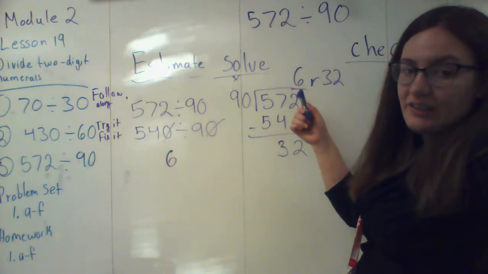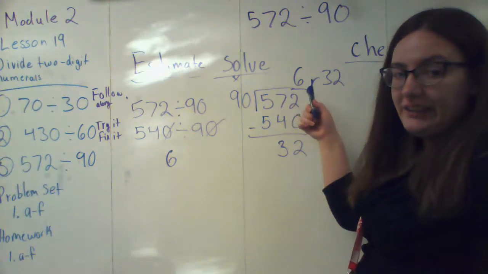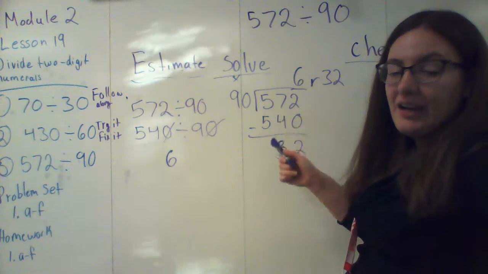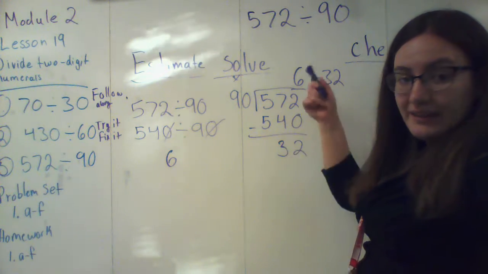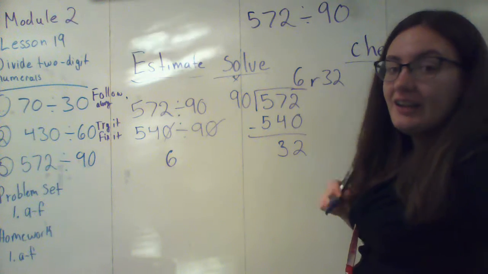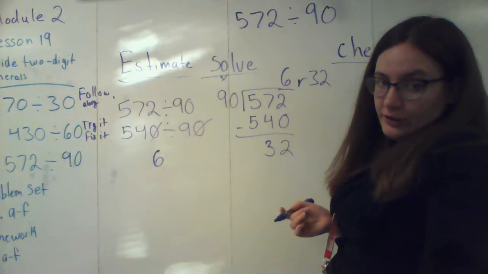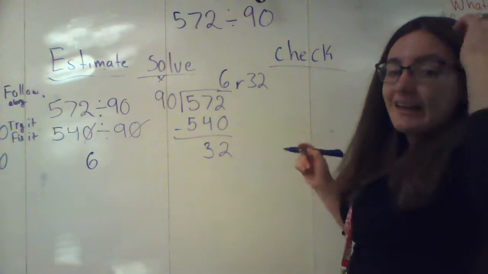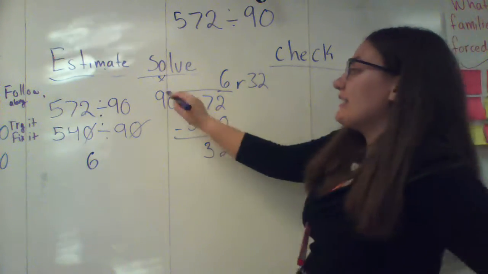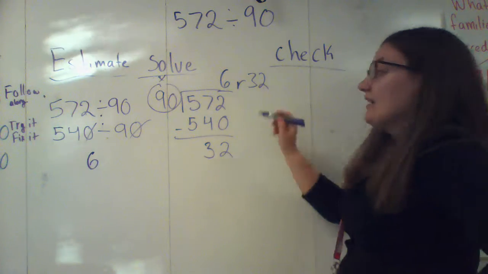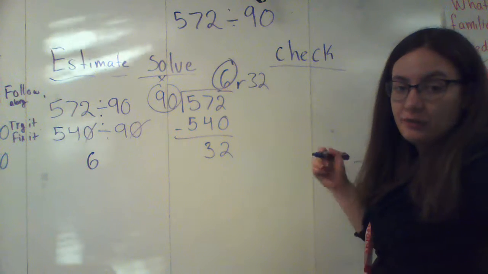As you may have guessed or seen so far, a lot of our division isn't really too bad. I mostly just have one number that I need to figure out in one step. And since I don't have to worry about my remainder, these shouldn't be too difficult for you. Now we need to still check our answer. So remember, I'm going to take the number out here and part of my answer, and I'm going to multiply